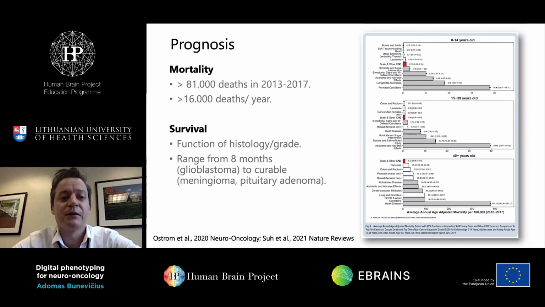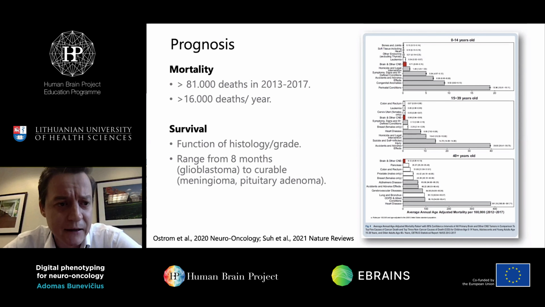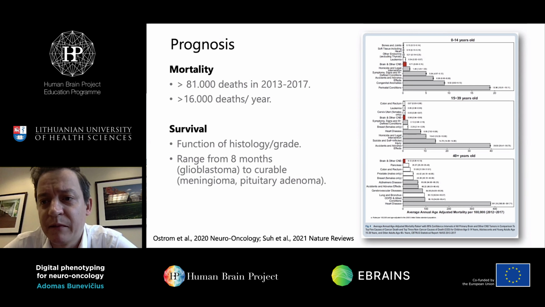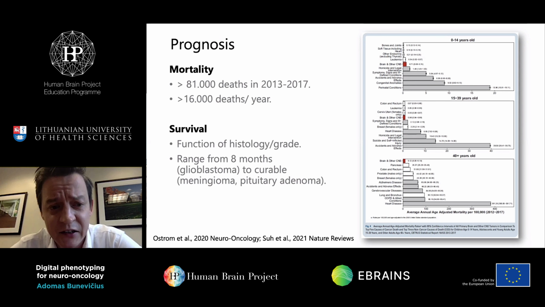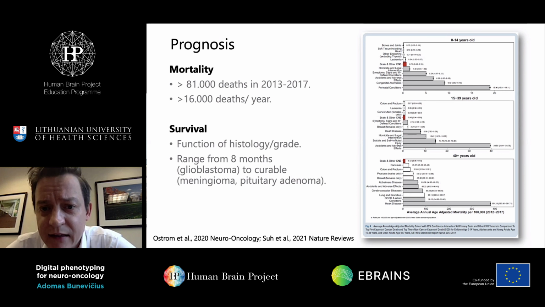So prognosis largely depends on tumor type. Again, in the US, it's estimated that brain and CNS cancers account for 16,000 deaths every year, which is not a huge number compared to other diseases. But as you can see on the right-hand side,